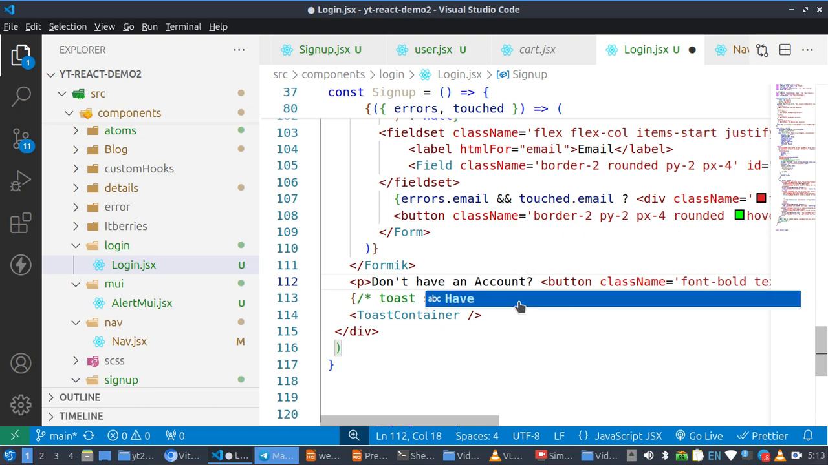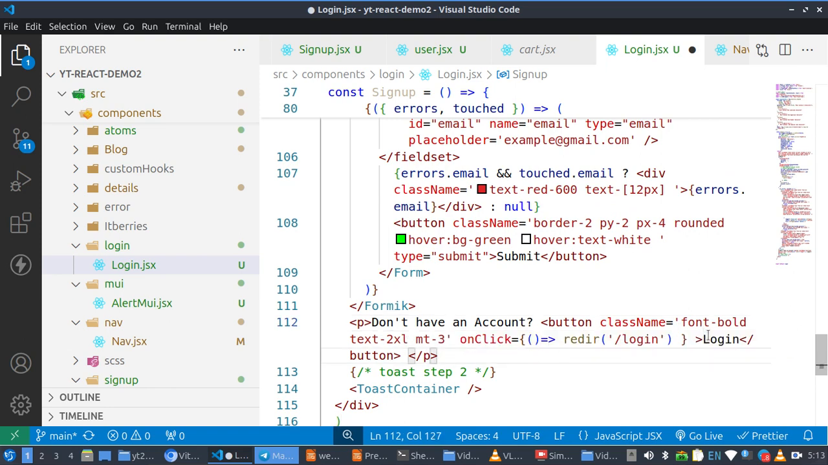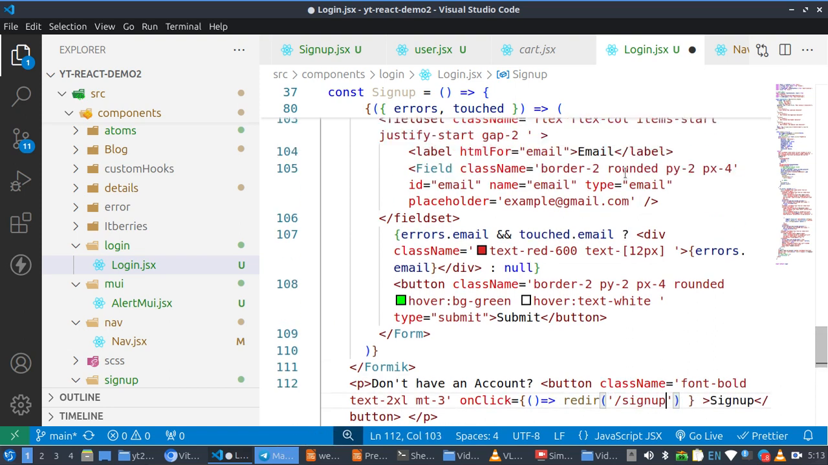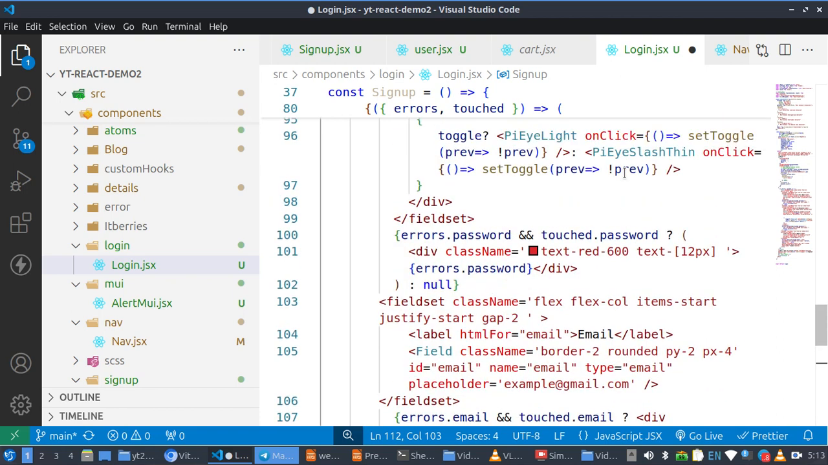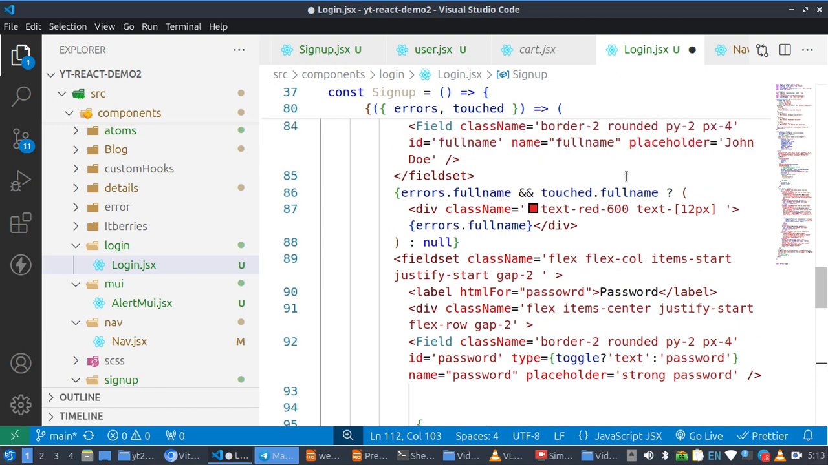So instead of my login, I'm going to use sign up. If only I could spell this sign up correctly. So sign up, and here will be sign up. Then for our login, we don't need the full name, so I'm going to remove anything